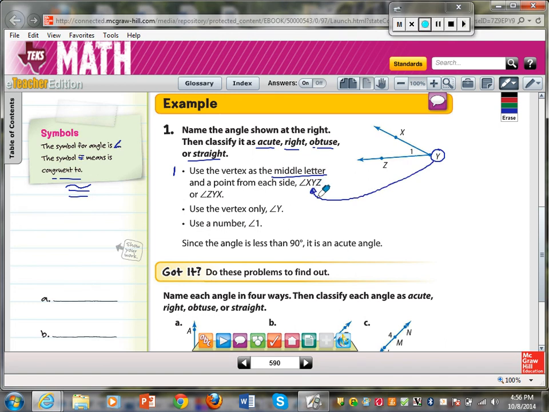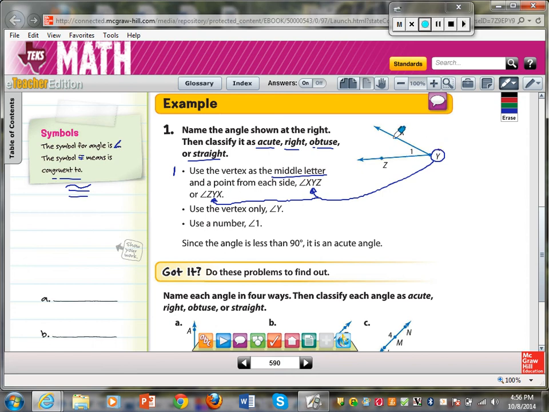And you could see it right here. Okay, so you could put the vertex always in the middle, and that's the right way. That's how you know that the Y, the center letter, is the vertex of the angle. So you can name this angle either direction. You can name this angle XYZ, angle XYZ, or you can name it ZYX, backwards,